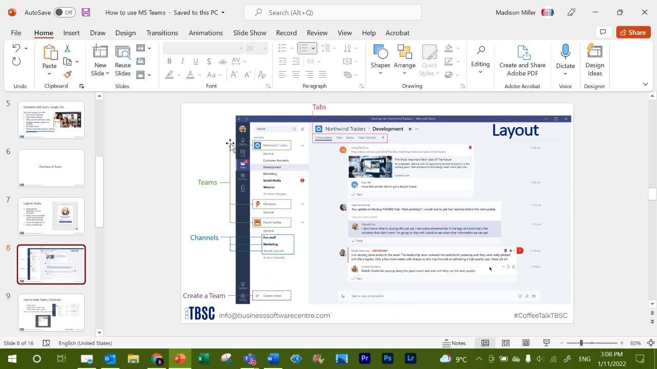Now, you also have the ability to determine who has access to what. So with the general, everyone will have access to it, but say you want to make a specific team for maybe your sales department, you can make it accessible only to your sales department, which leads us into the chats